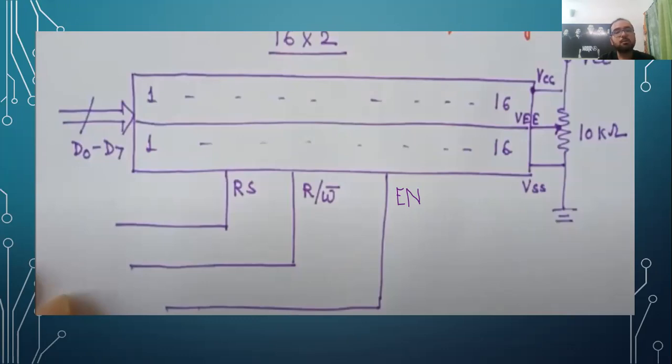So the enable signal is used to latch data which is being supplied. So say for example, we need to display the character H. You'll send in the data using the write mode. And then what makes the data display? For the data to display, we need to latch the character on so that while the next input is being given, that character H in our case is not changed. So for an enable signal, we give a high to low pulse with a minimum interval of 450 nanoseconds.